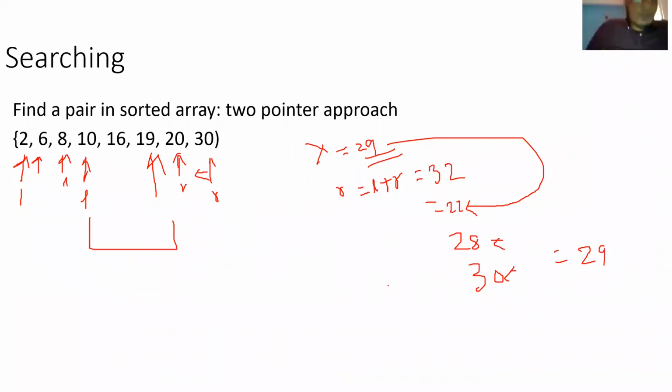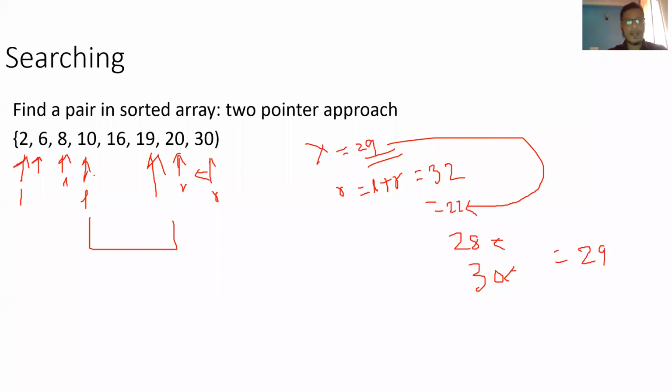Because if you consider this iterating, in the worst case it will be big O of n by 2 only, which is nothing but big O of n, not big O of n square. N by 2 we can always ignore the constant, so it is big O of n. But it is much better because it is not taking n square. It is even less than n by 2 actually in real life.